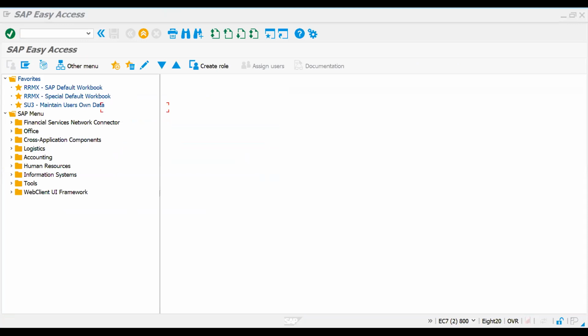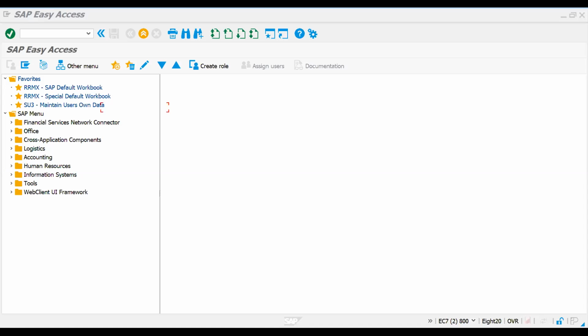I don't think I can see it. Yeah, you cannot see it. Why? Because VD01 is particularly for your sales area data. You cannot maintain the company code data along with this. You understand my point? But what I'm saying is, I don't think I'm seeing the right screen.